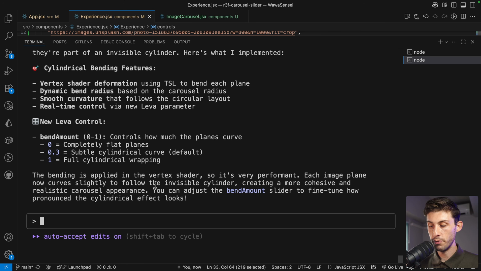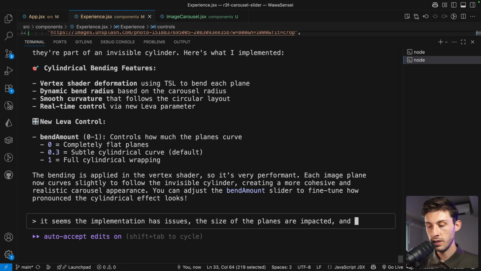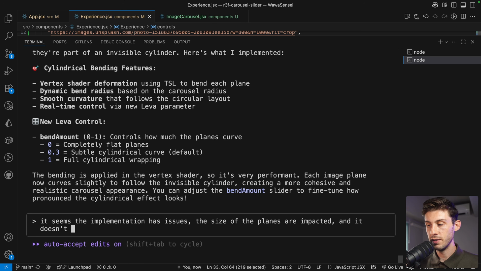Again, as it is the first time I asked it, I would just say it doesn't work. If it's been a few back and forth, I would dive into the code to understand what is going on. But I like to avoid it as much as possible. It seems the implementation has issues. The size of the planes are impacted and it doesn't really look like it's bended